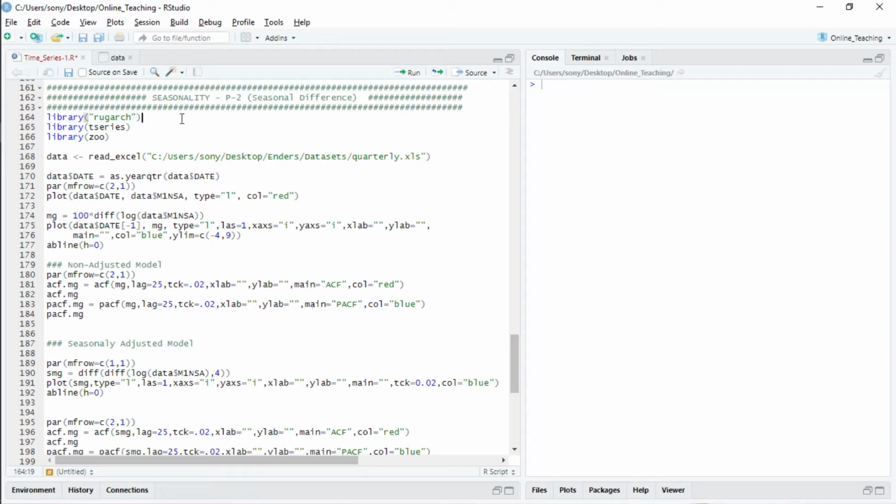Another important thing is that in finding a seasonal time series, we follow two procedures. First, we deseasonalize, remove the seasonal component, and find out the autoregressive and moving average components of the data, and find out a proper model for the data, and using that we forecast the data.